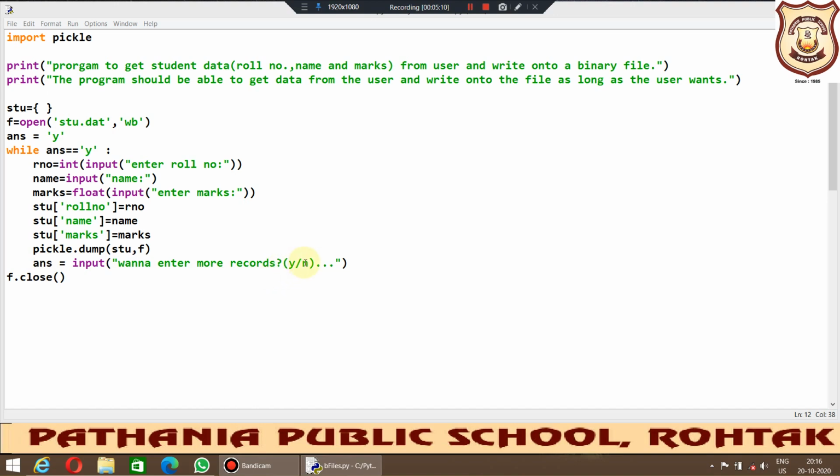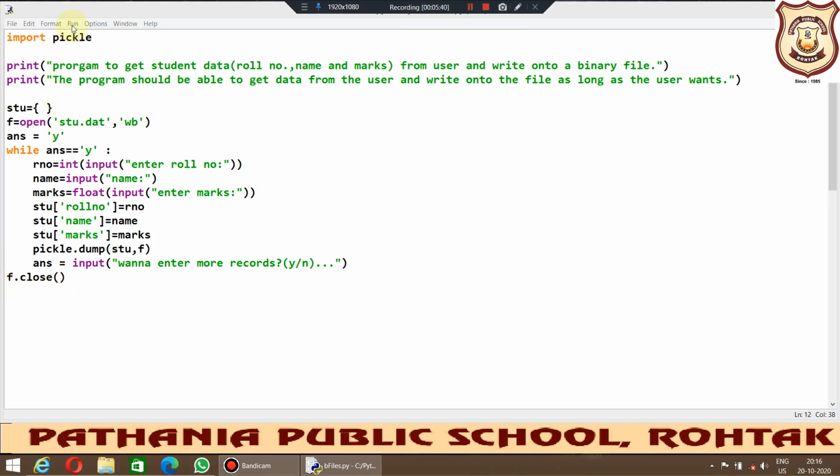If the user says yes, then it will ask once again to enter the roll number, name and marks, and then it will write the second record in the student.dat file, and it will keep on entering the records till the user says no. Okay, and when these records have been entered, it will close the file using this file handle and the close function also, right?